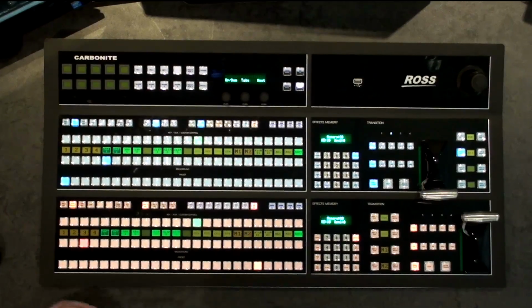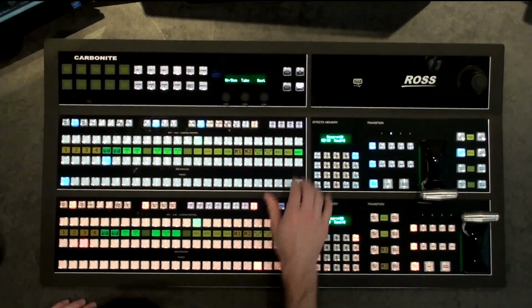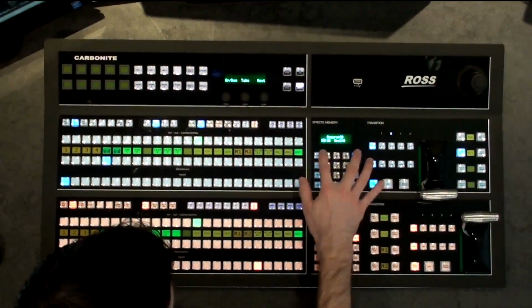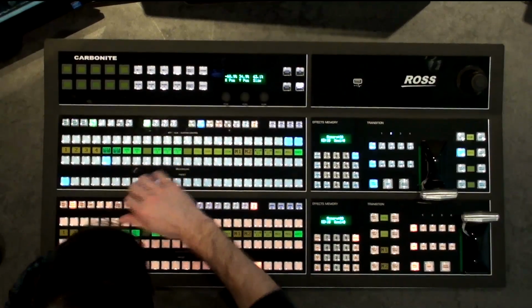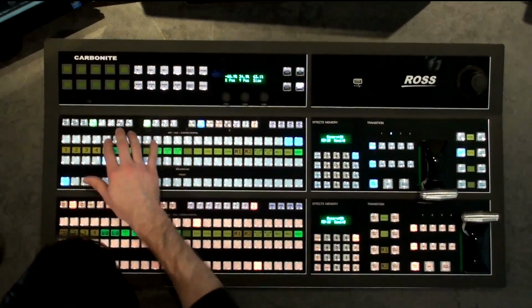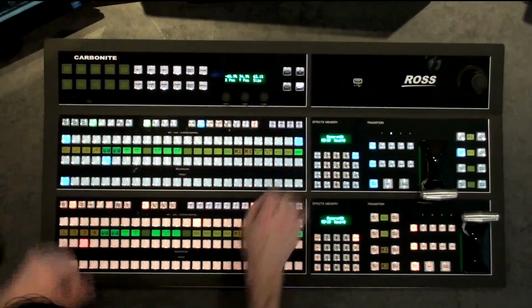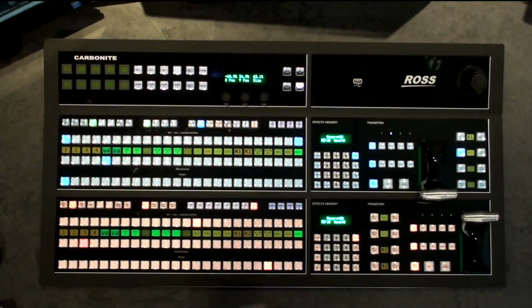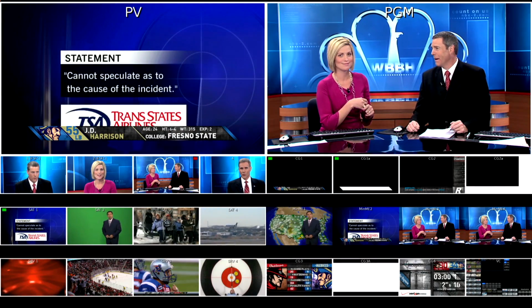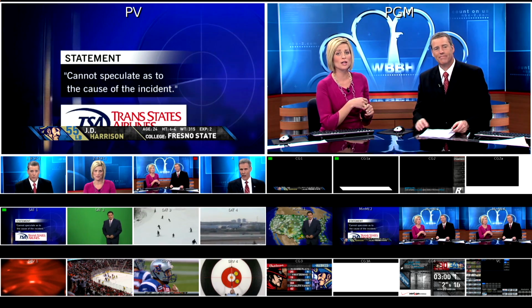So when we look at Mini-ME 2 on the panel, first we'll go to key 1, and we'll make sure that it is on black. So here we have our lower third that's always keyed in, so I don't have to worry about bringing the key in down in the program preset area, right? That lower third is always in.